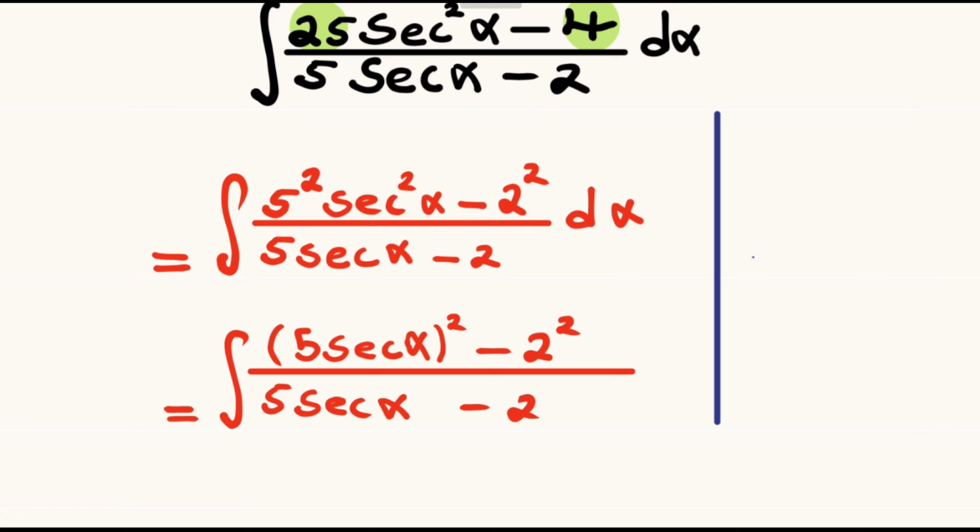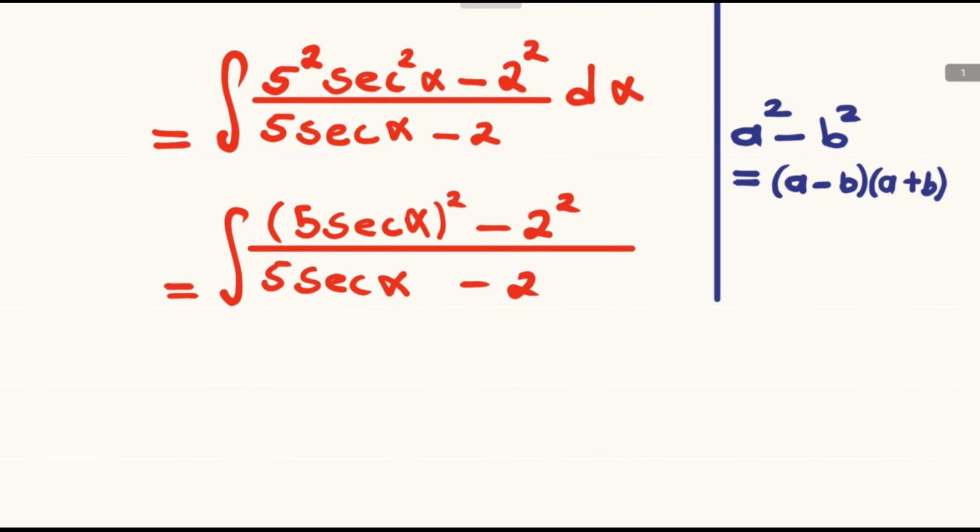So suppose that we had a squared minus b squared. This difference of two squares will factorize to a minus b multiplied by a plus b. So we also have a difference of two squares in the numerator, which it will simplify and factorize to